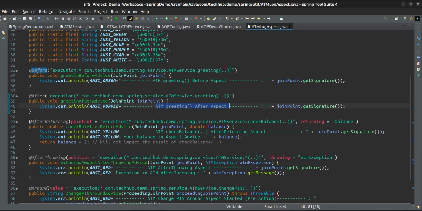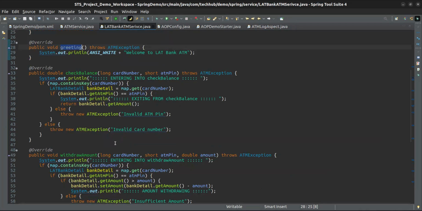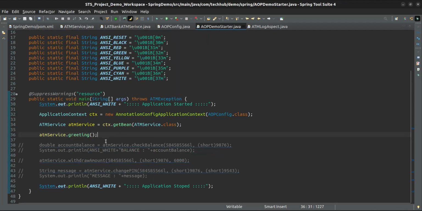Same like that, after returning, this is for after returning of what? Check balance. So now let's execute a check balance method. I'm commenting this one. This is our check balance and I'm printing here. So if I run this one,